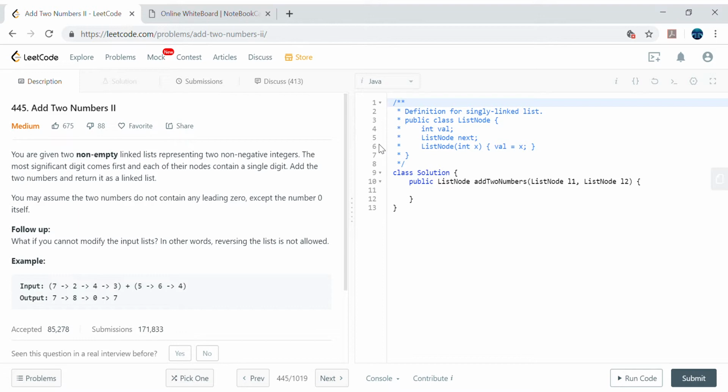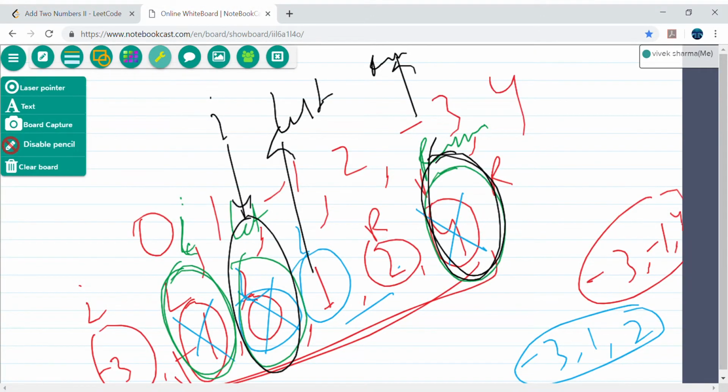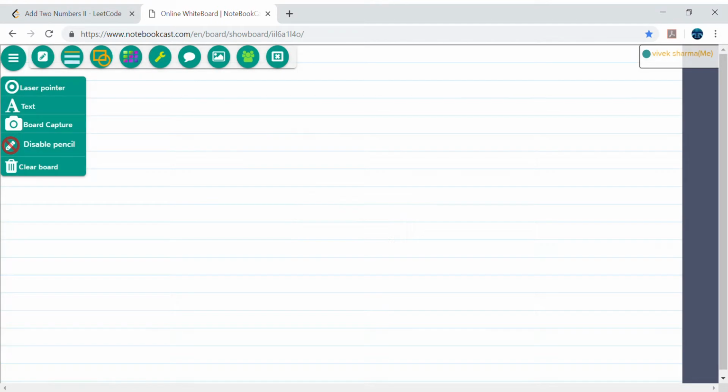Today we will cover this interesting problem called add two numbers. This is just an extension of the earlier problem that I explained in another video. Let me go ahead and show what this problem means and what the existing problem was. The existing problem was, let's say, if we have something like this,